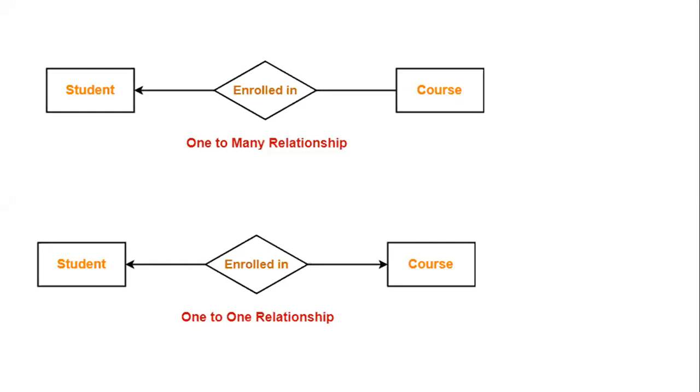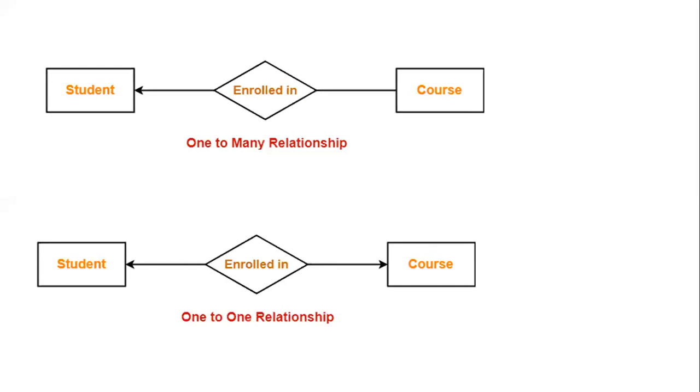As I told, an entity is represented by a square box, and a relationship, which maintains the mapping cardinality, is represented by a diamond. Attributes related to a particular entity are represented with the help of an ellipse. Suppose the course information related to the student is stored in the database.